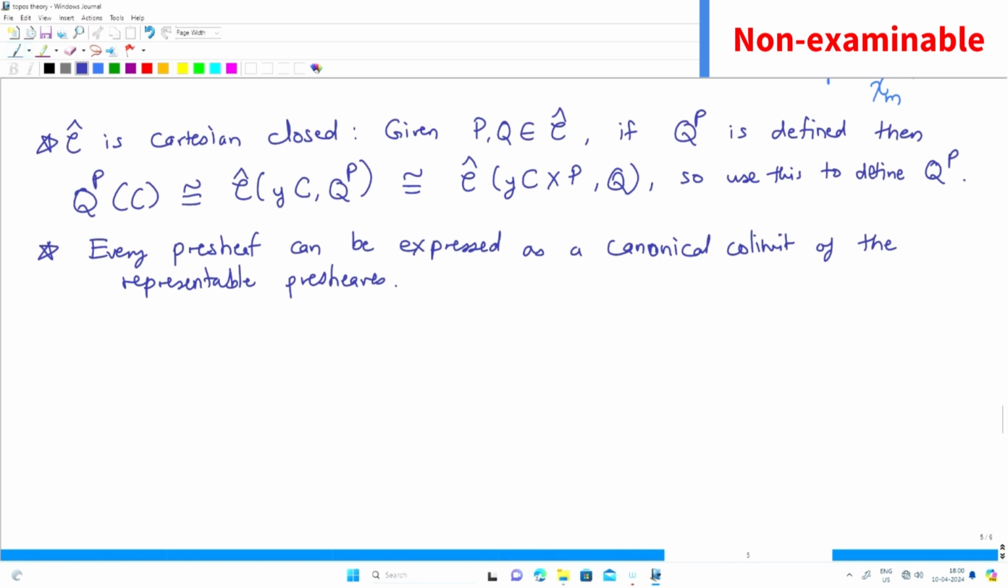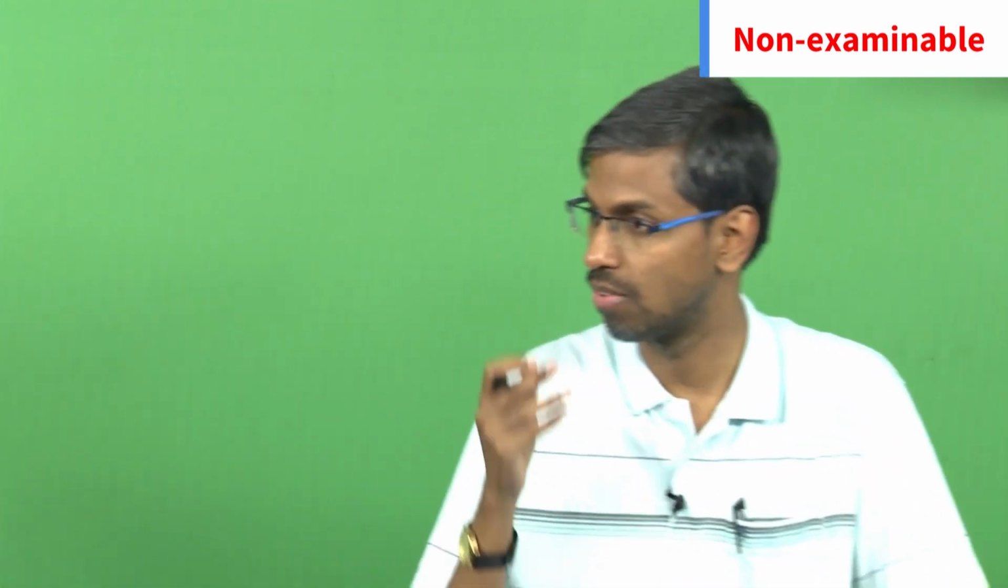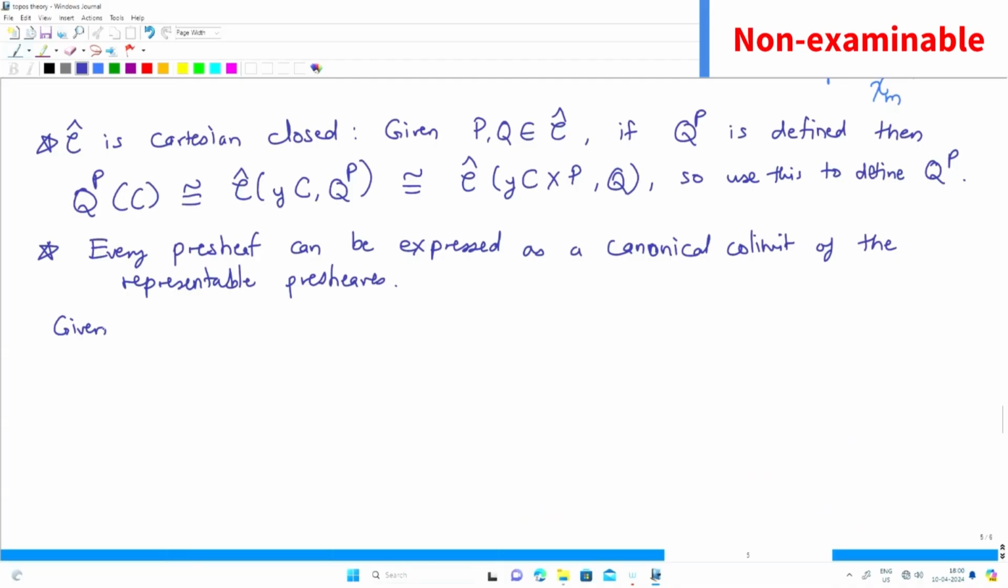Canonical colimit, as in the shape category can be determined by the given category, the given functor, given presheaf. Now I will show you how to do that. You will still have to fill up the details later. Given P in C hat, a presheaf,